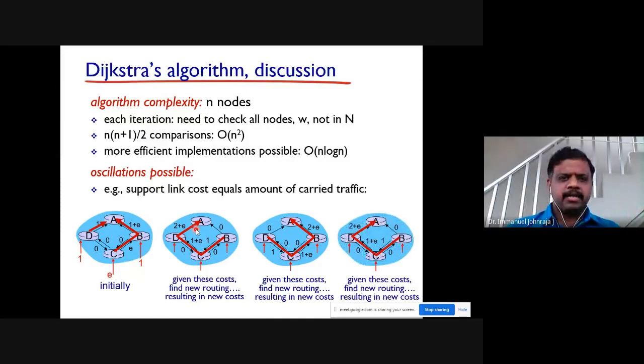So anti-clockwise and clockwise. So what could be the solution for this? The author of the textbook provides two solutions. One is you have a fixed cost, because the oscillation happens because of the dynamic cost allocation, right? So it becomes 0 here, E here, and so on. You go for a fixed cost, but that is not going to serve the purpose. If the cost is fixed, why do you need a dynamic algorithm at all? You can say always, this is the path, take this path, go to the destination, story is over. That is exactly against our dynamic routing protocol policy.